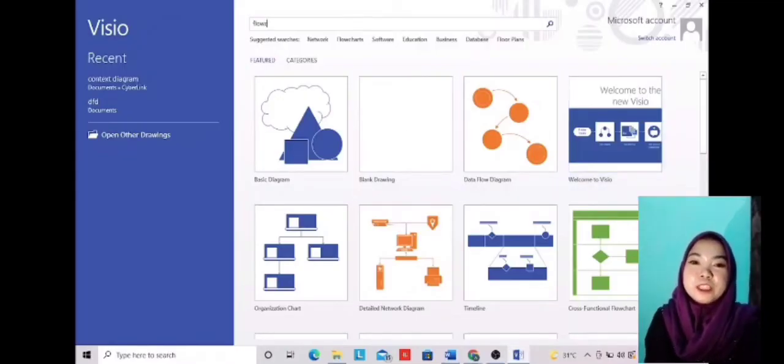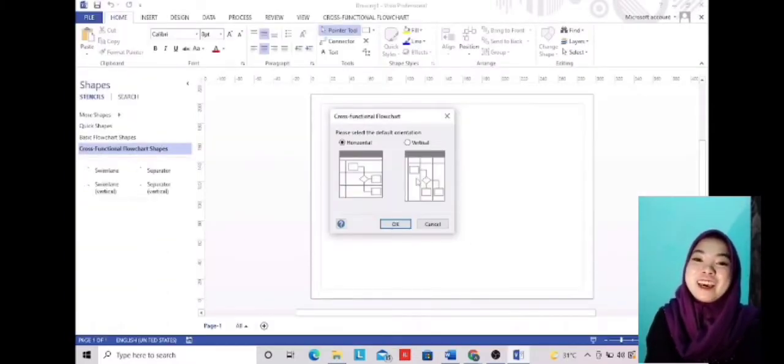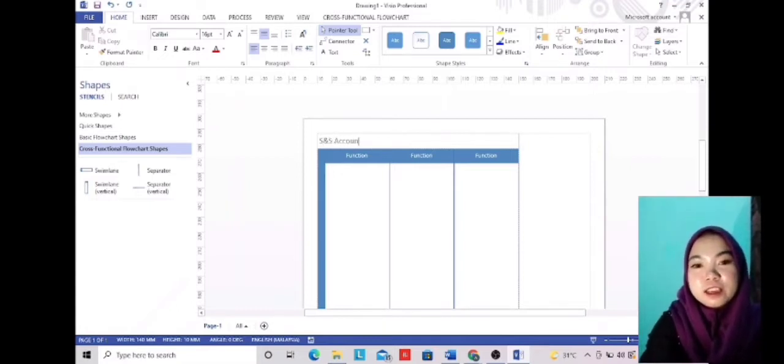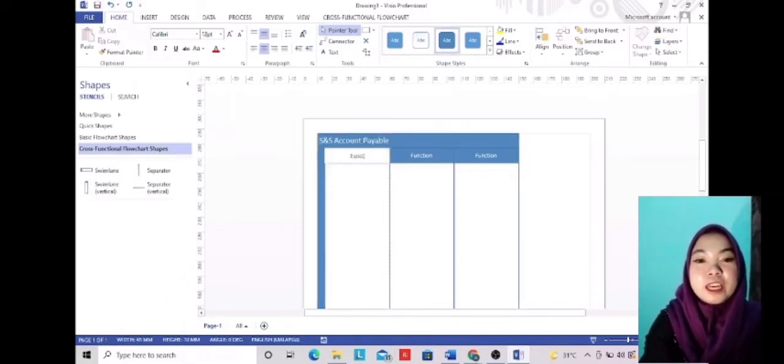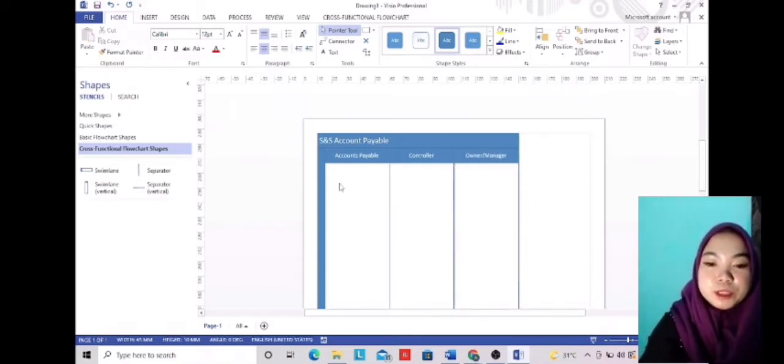Question C, required to prepare a document flowchart to document account payable processing at S&S. So first thing, for the document flowchart of S&S, I will rename the flowchart as S&S account payable. It is divided into sections: account payable, which is involved by external entity and CLAD, account payable next is the controller,